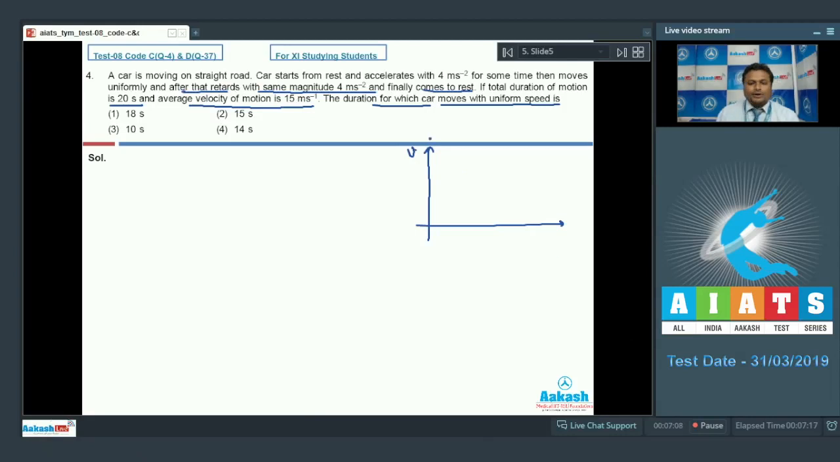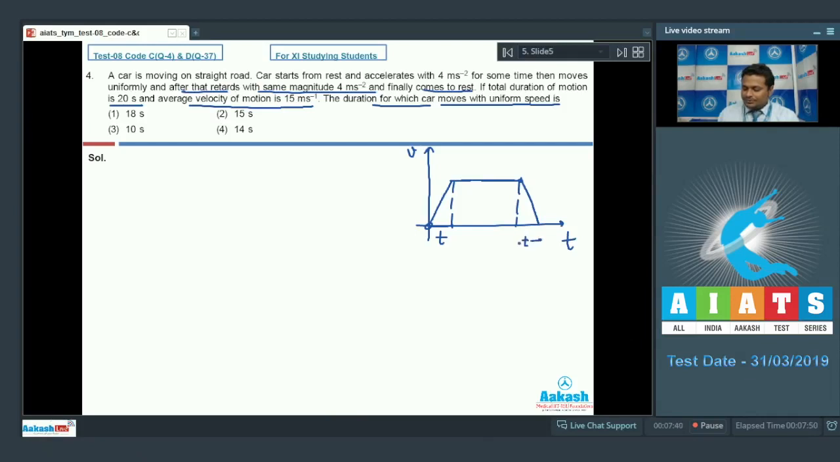This is the velocity axis, this is the time axis. The rate of increase of velocity and the rate of decrease of velocity are both the same. It started from 0, moving with uniform velocity for some duration, and then there is some retardation. Acceleration is the same as retardation, so if this duration is t, then this duration must also be